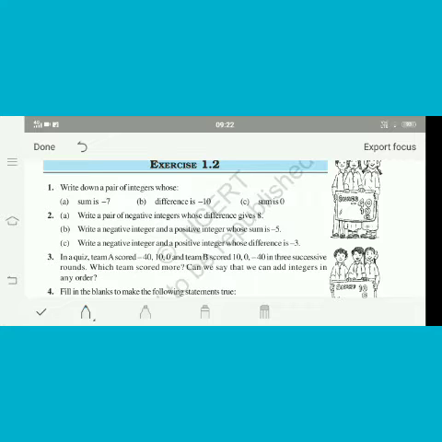So I am doing it. Okay, let's start without wasting any time. So question number 1 is write down a pair of integers whose sum is -7. So first of all, what is sum? Sum means plus, always addition. Sum means addition. So for addition we gonna do is